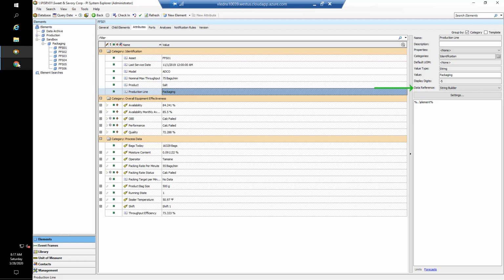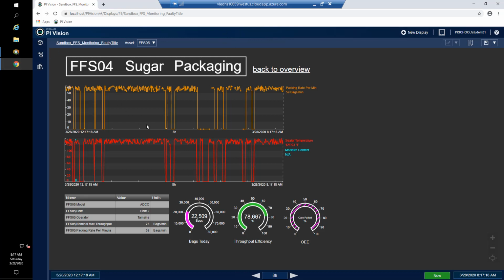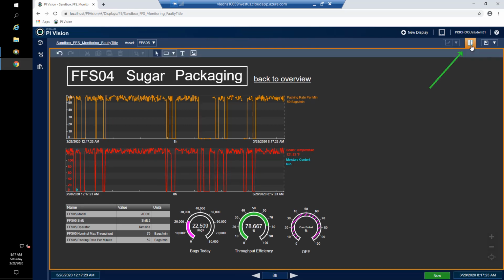Going into PI Vision again, if you want to edit a display, we change across to edit mode. So we'll modify the display. Currently we are working with asset FFS05, so when we navigate through our hierarchy, we want to select FFS05.